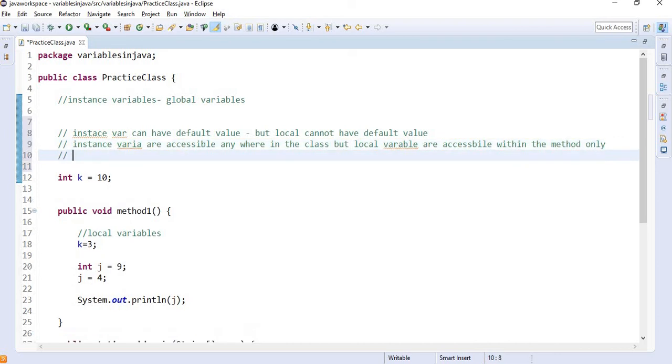We cannot reinitialize an instance variable, but it is possible for a local variable.